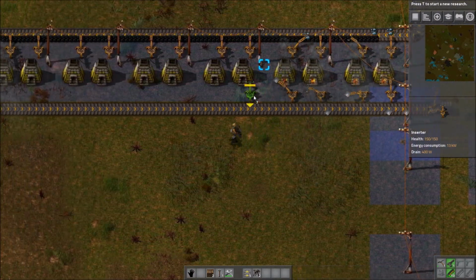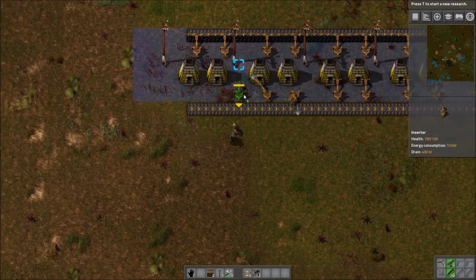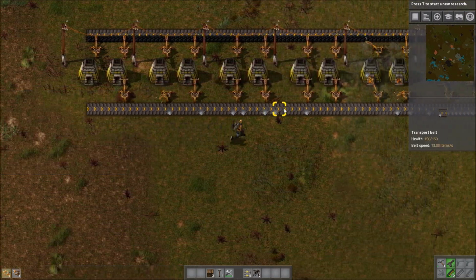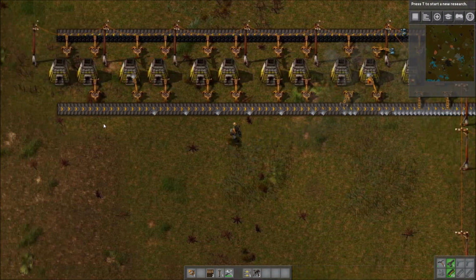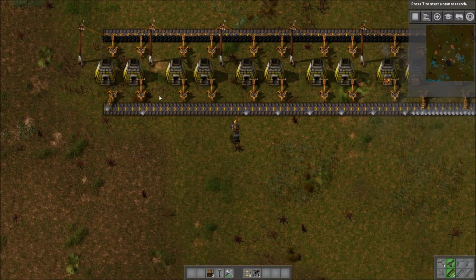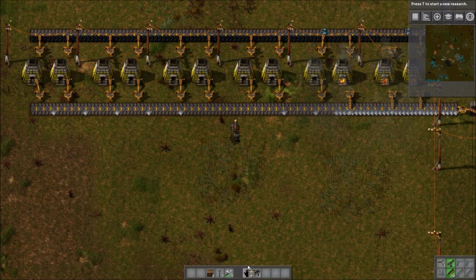There we are. Now we have to hope that that'll keep up with that. If I recall correctly, which I occasionally do, that belt will just end up completely saturated and that won't be able to keep up. So what I'll have to do is work out a little kink into it to fill up both sides of this belt. 1, 2, 3, 4, 5, 6. So somewhere around here. Somewhere like...